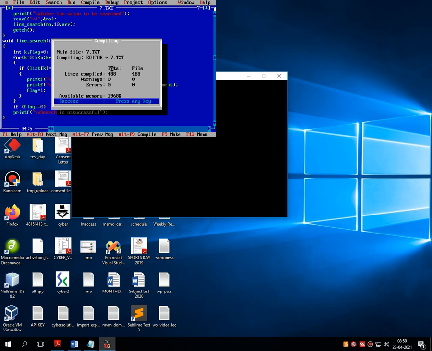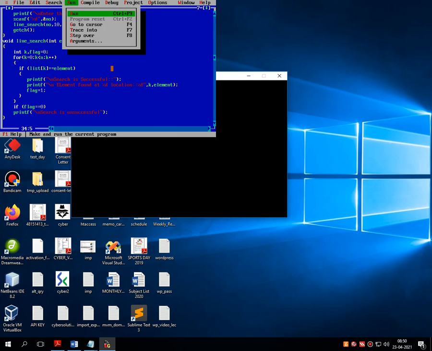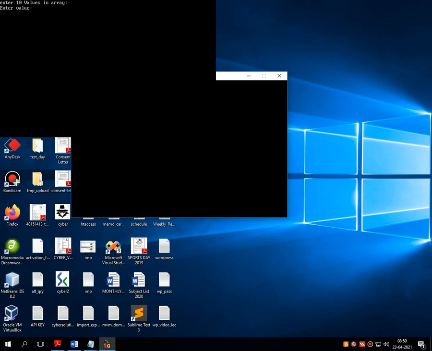Let's compile it. As you can see, there are no syntactical errors. Let's execute it. Enter 10 values into the array. Fine, we are entering any 10 values like 3, 2, 9, 0, 1, 4, 6,